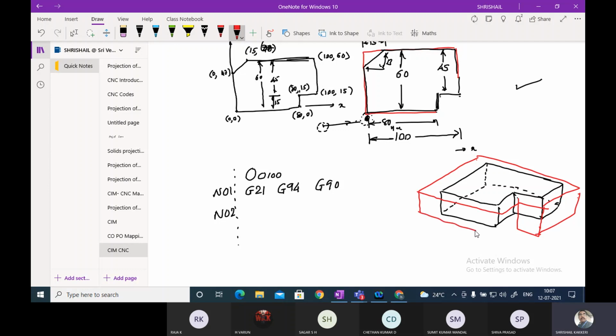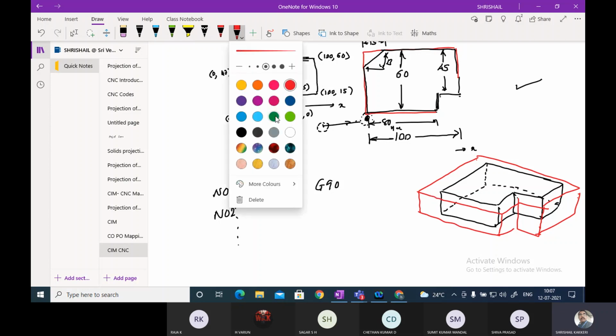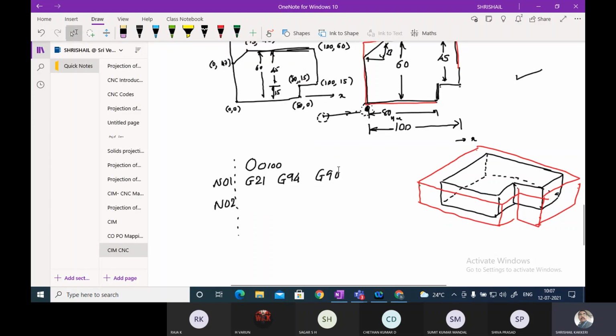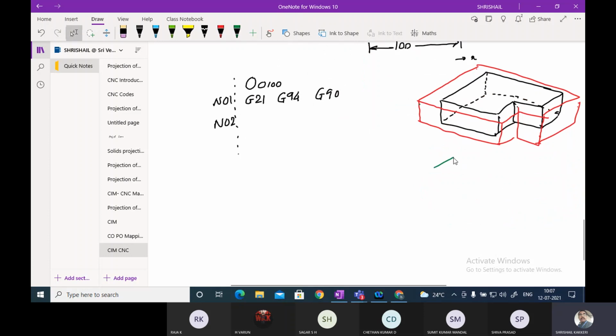Thickness is the same, only the height is different. Now what I am going to do is, the first milling cutter, what will it do? First it will do this 1 mm milling. So the 1 mm milling will be done like this. Try to understand this. One mm depth, milling is done. Still, this raw material will be like this.